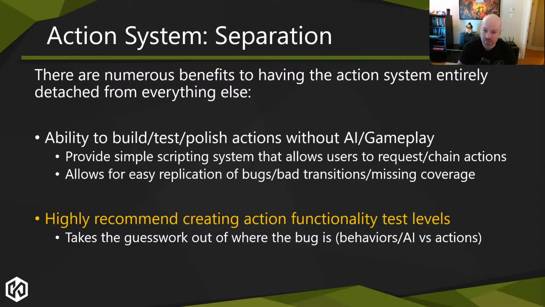If you build it separately, you can test it separately. It also allows you to separate AI from the actions. In most places, AI programmers towards the end of the project basically become triage QA, in that all bugs go to them, and then they go through and say, that's an animation bug. That's a bug with the action. That's a pathfinding bug. A lot of the time, it's not even an AI bug, but somebody has to go through the AI code to say that actually, no, it's animation.